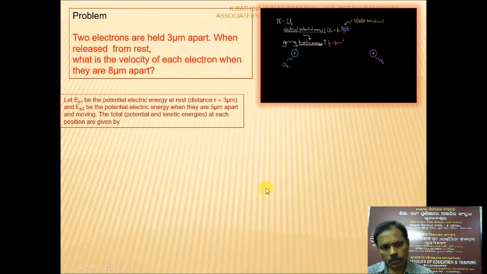Let us see this one. Let E1, that is the potential energy, be the energy at rest, when R is equal to 3 micrometer. And let the second potential energy be when they are 5 micrometer apart and moving. The total potential and kinetic energy at each position are given by